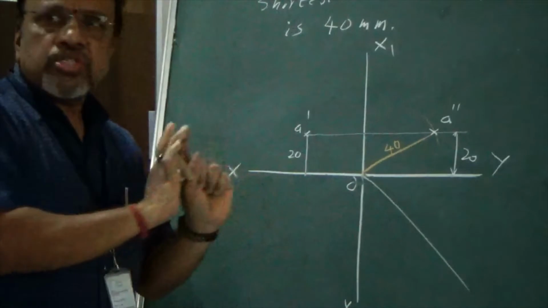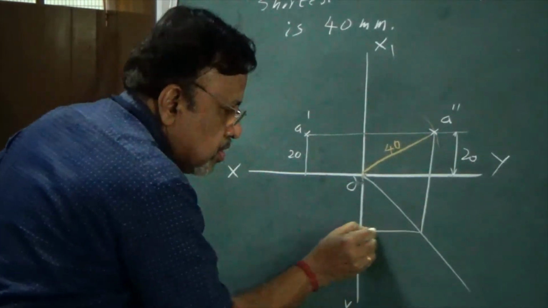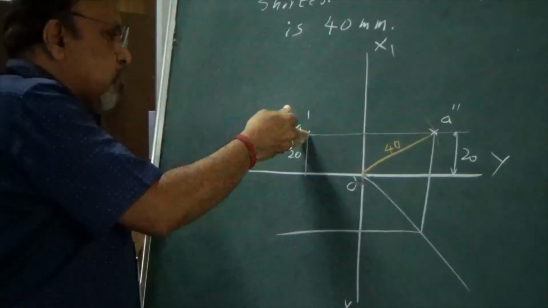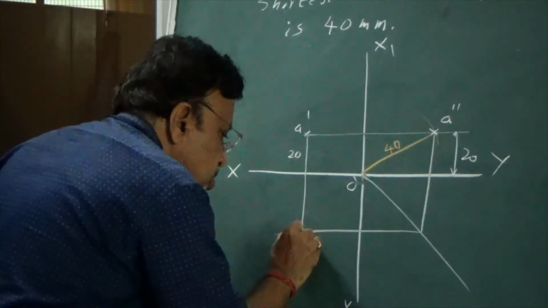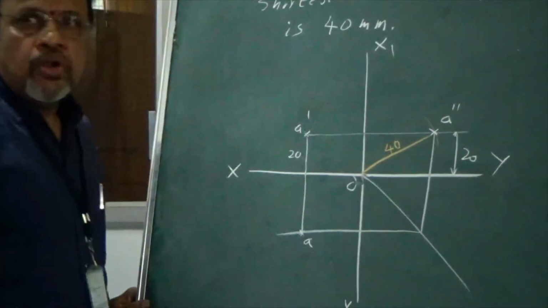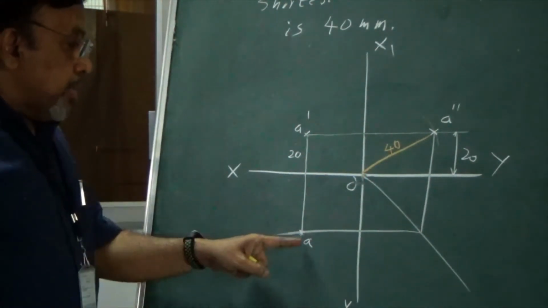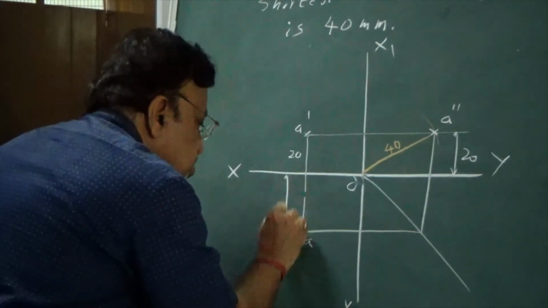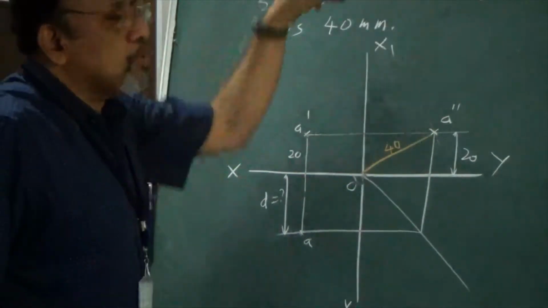Then, reverse the process. That is, draw the vertical projector, draw the horizontal projector, and already we know that both front view and top view should be on the same projector. So I'll extend this projector so that it is long enough. Now, finally, I need to find at what distance the point A is in front of VP. Where is the distance here? This distance. So this is the distance you are supposed to determine. That's what this particular problem says.